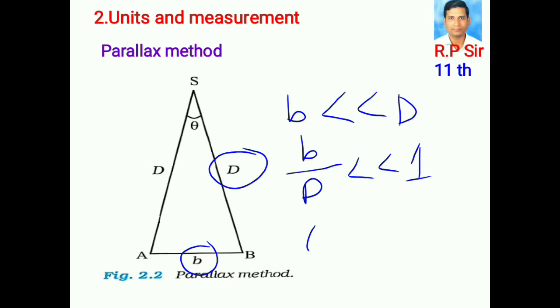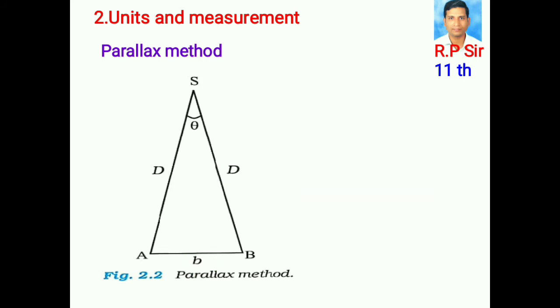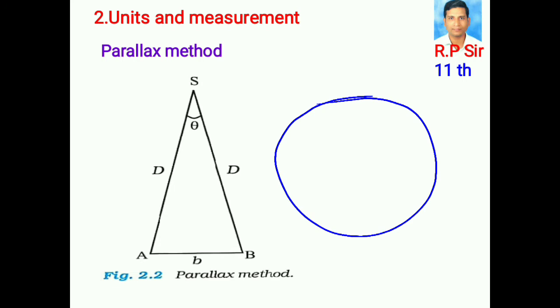Hence, the parallax angle theta is very small. Under these conditions, if we consider S is the center of the circle and D is the radius and theta is